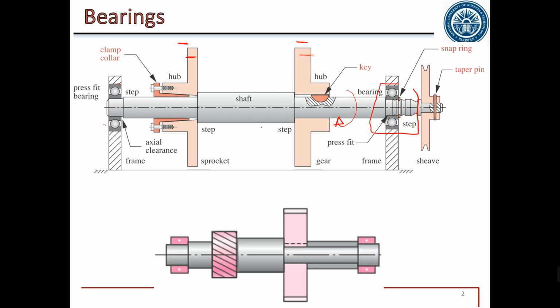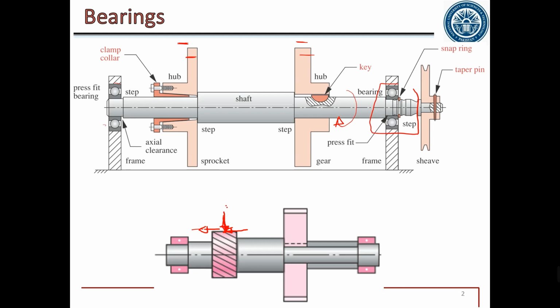For example, let's say there is a gear attached to it, the force is transmitted here. At this point, a force has one horizontal and one vertical component. This horizontal component will provide a thrust in the axial direction, and this will provide a thrust in the radial direction. The basic purpose of bearing is to support the shaft and resist any thrust provided in the horizontal and radial direction. Most of the bearings are designed to resist radial forces.